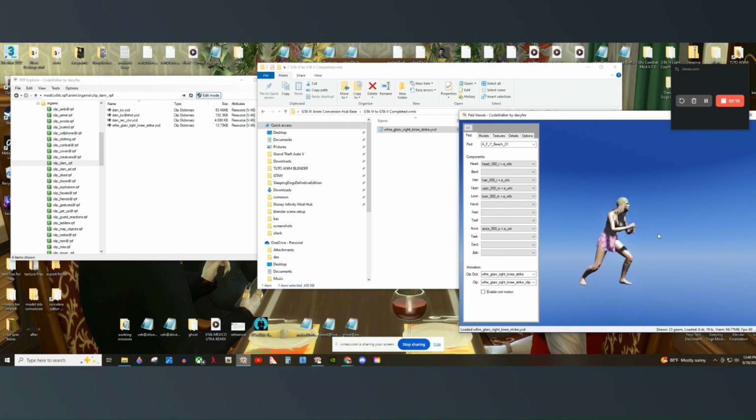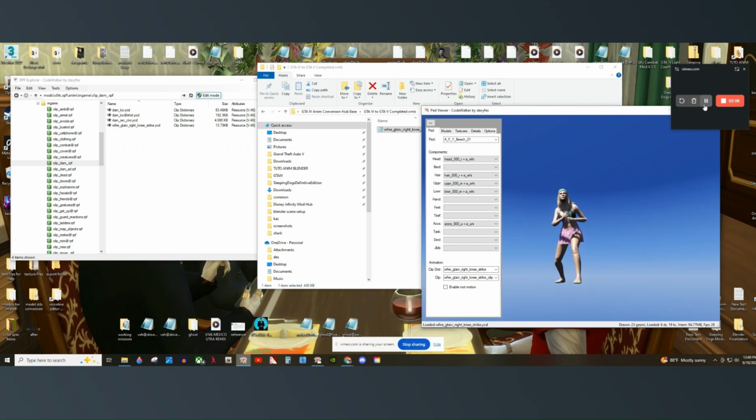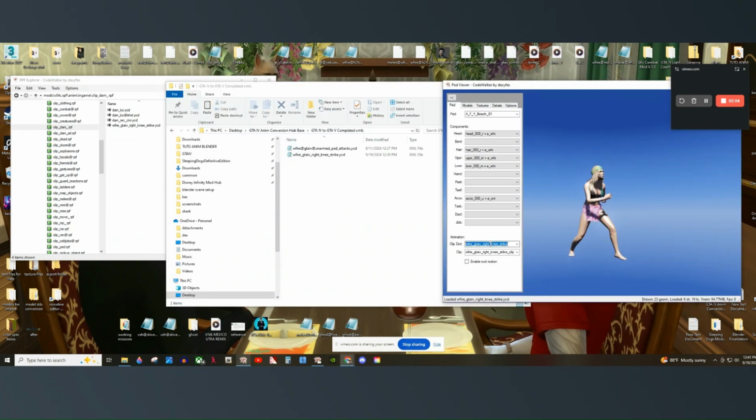Congratulations! Now there is an extra step that I always try to explain to help with making one animation dictionary contain multiple animations. For example, check out this dictionary named Wolffire GTA 4 Unarmed Pet Attacks. Although the name is for multiple animations, it only has one animation, which is another converted GTA 4 animation called Right Low Blow Punch. This means that the name you input on the top is the container name, which can hold multiple animations. To add our new knee attack animation into this container with the low blow punch, let's